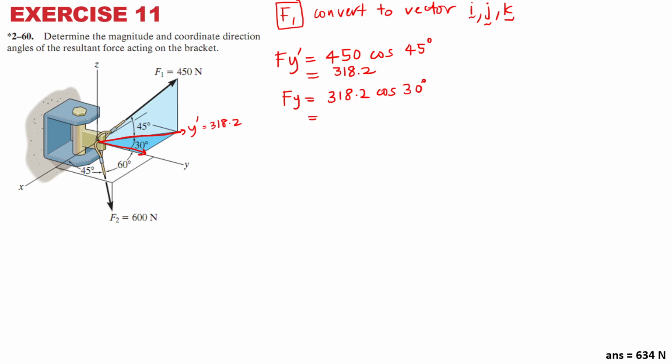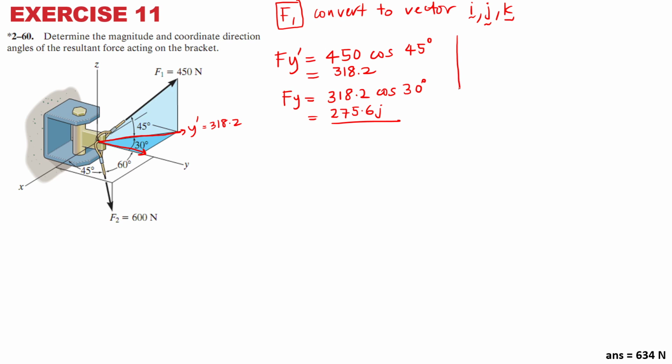$275.6. So this one is actually j, positive j. Next. So we have solved one thing. So next will be